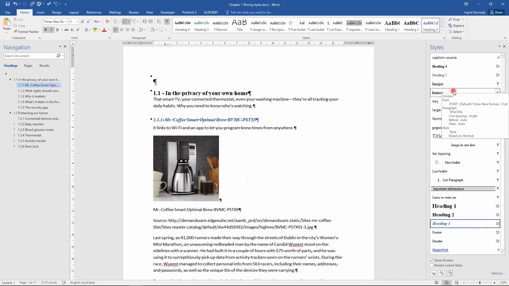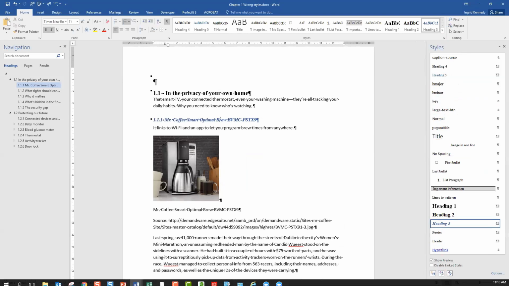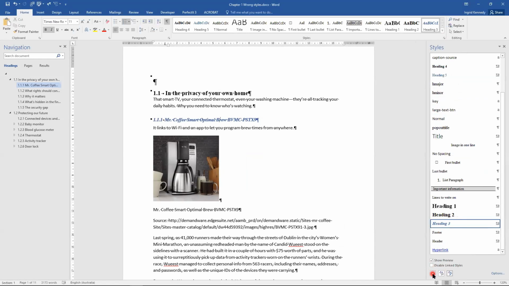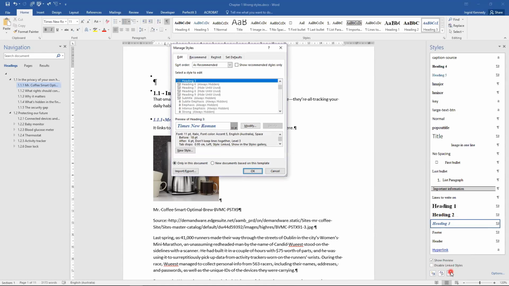What is this H major? What is H minor? You know, it's a mess. So at the bottom, I don't go to New Style yet. I don't worry about Style Inspector. And I see here that there's a button called Manage Styles. So I click on Manage Styles,